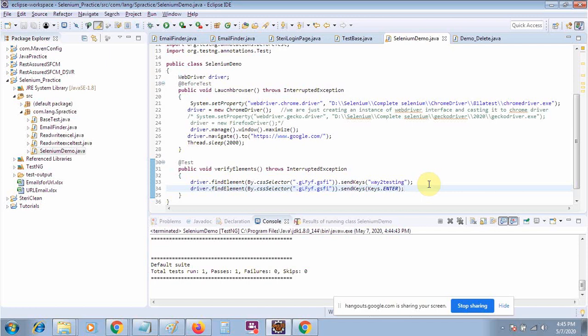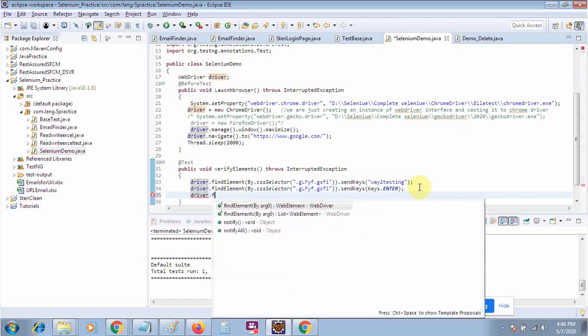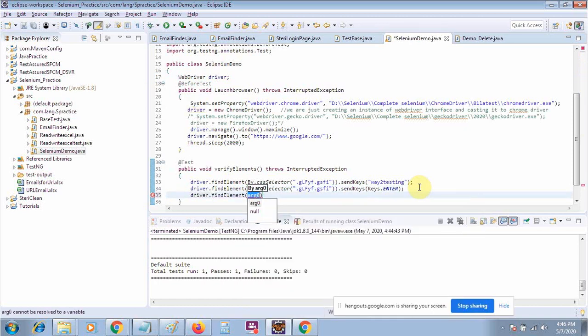Okay, so give me five more minutes so that I can explain one more thing before finishing the class. Suppose that I am inside my Selenium demo class, and here I have defined my WebDriver. Whenever I want to inspect an element, I will simply say driver dot find element. I will find the element and enter the value, whatever I want to perform, I will do it here.